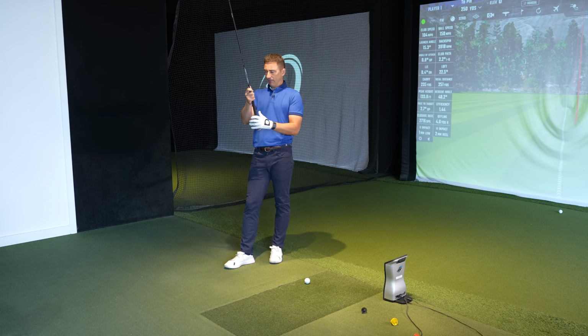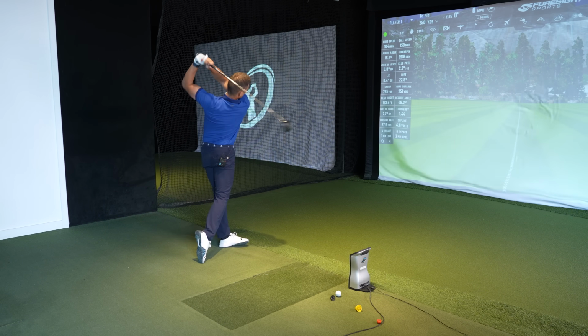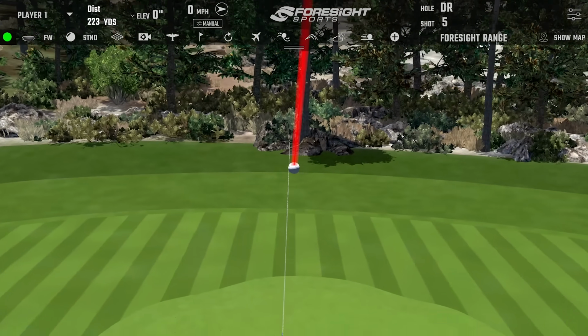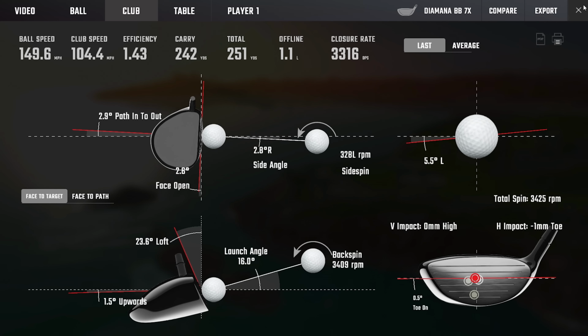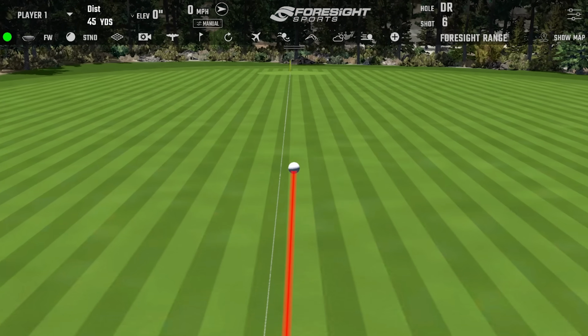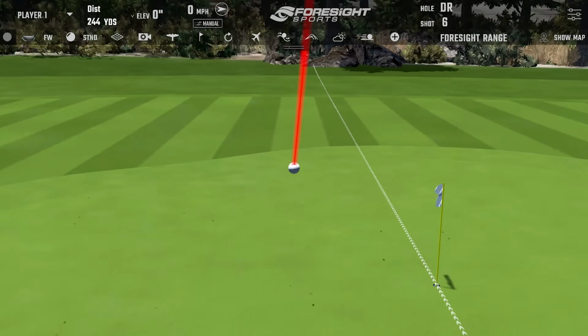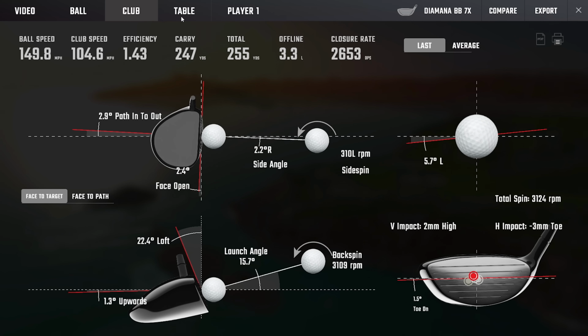But this feels easy to hit. It's maybe a non-technical way to describe it, but it feels very easy to hit. I could play it, Michael. Yeah, it's nice. Very simple. It does look easy, like you said, it's a non-technical term, but it's something you don't have to swing out of your shoes to make work. So good, isn't it? Yeah, it's nice. It is a nice matchup to the fairway woods. You could hit yourself around the golf course with a 4-wood. Easy game. Okay, Fries, into your 3-wood,